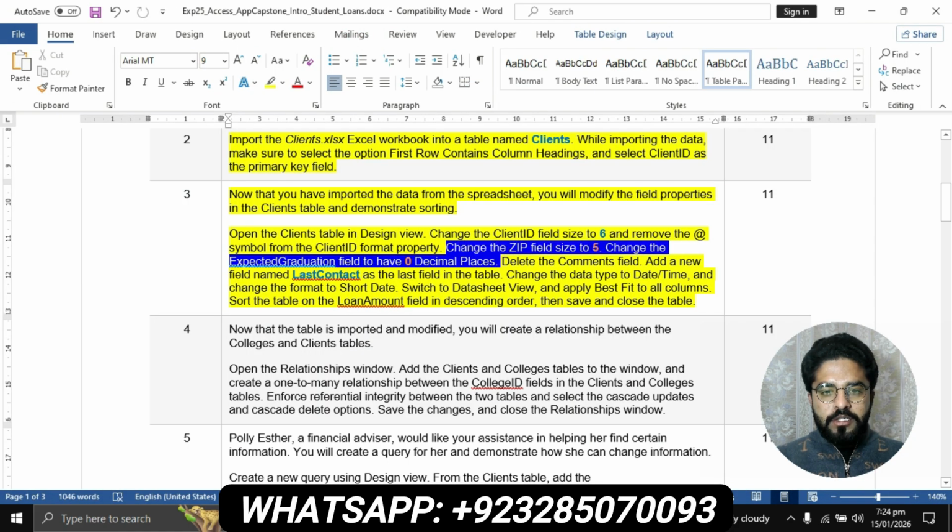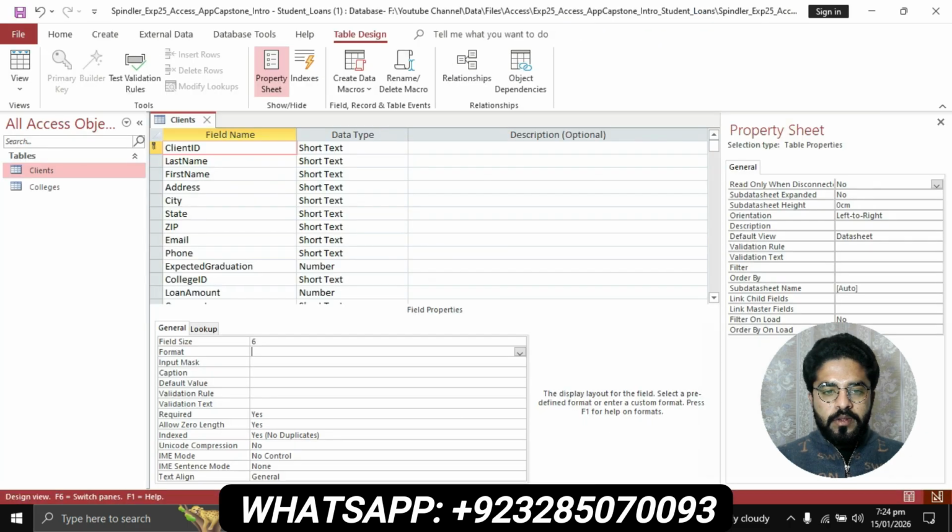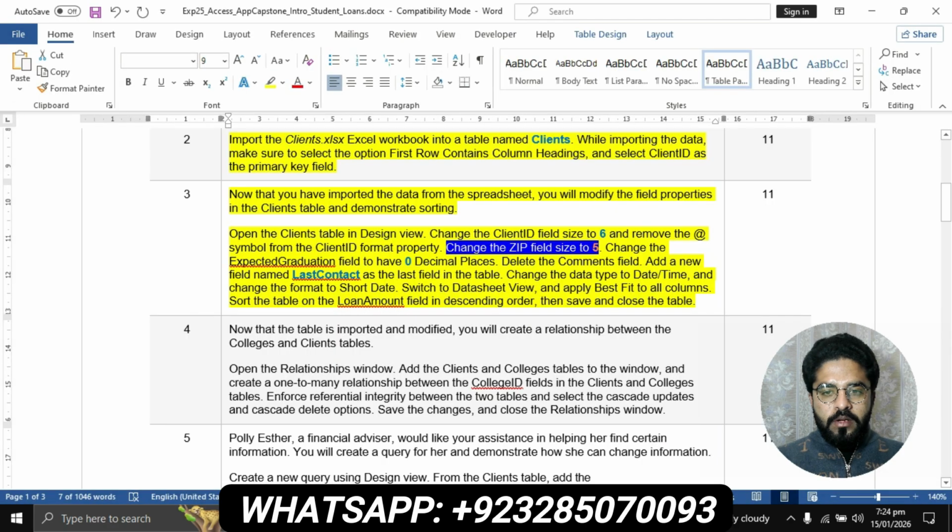And the next part is change the zip field size to 5. Change the zip field, this one, and change this field size to 5. Remove this and type 5,